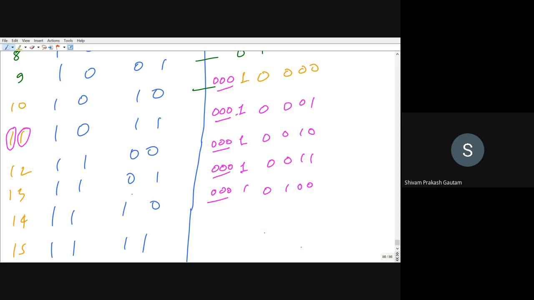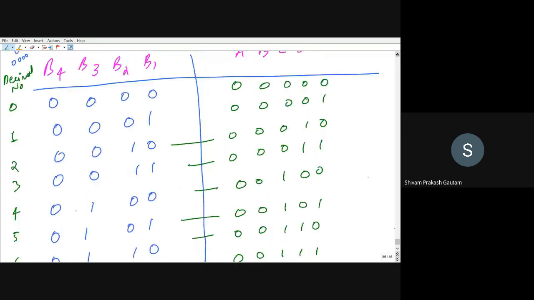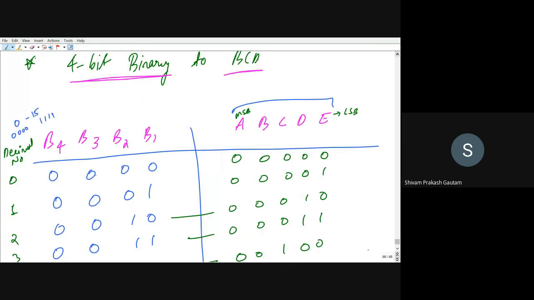15, 5 can be represented by 0101, and 1 can be represented by 1 0 0 0. So you can see here that this extra 3 bits, which are used to represent the MSBs, are always 0; only the LSB is 1. That is why I have ignored those 3 bits, and I have considered here 5 places, right? If I had not considered this 5th variable A, then what would be the possibility?